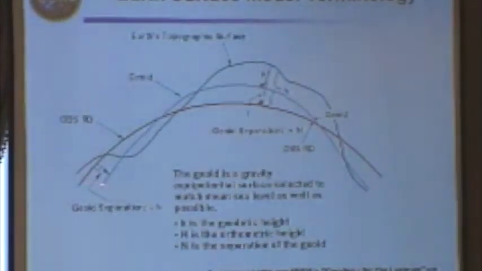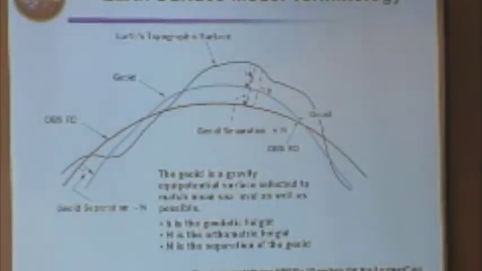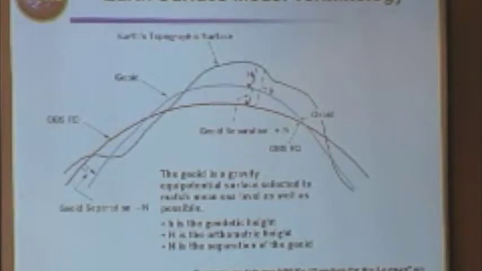Here's the terminology for this. There's a topographic surface. One kind of Earth model is the geoid. And we have an OBS, oblate spheroid reference datum, which is really an ellipsoid of revolution. It's a nice, smooth mathematical surface. The geoid is also a nice, smooth mathematical surface, but it's lumpy. It undulates. It's like somebody took an ellipsoid and a ball peen hammer and beat on it. It's also not rotationally symmetric. So they're different, but they're fairly close to one another. And their difference is called a separation.